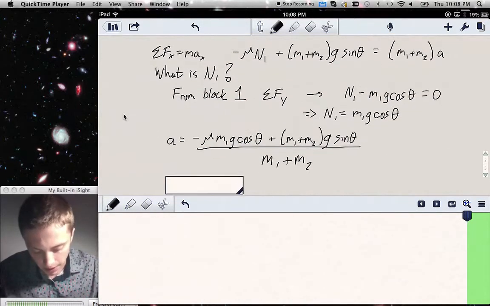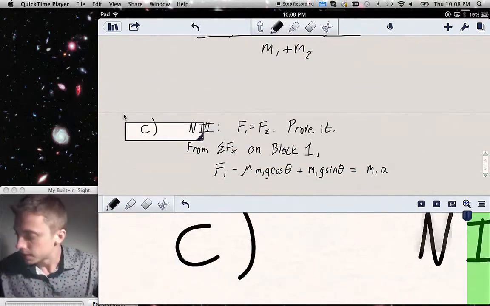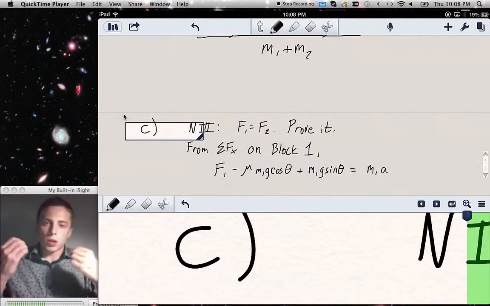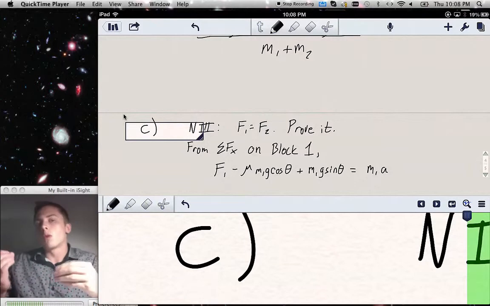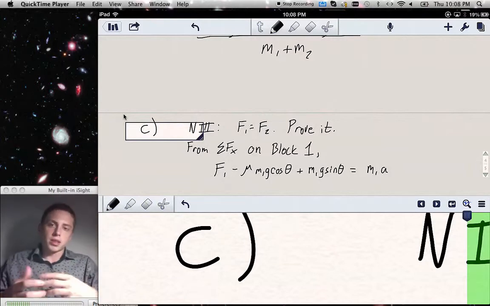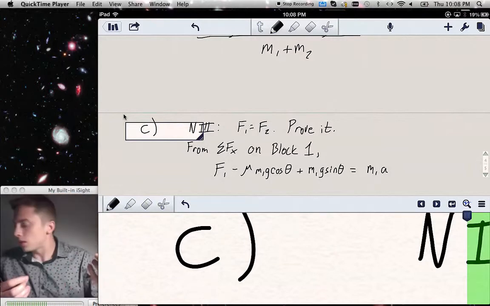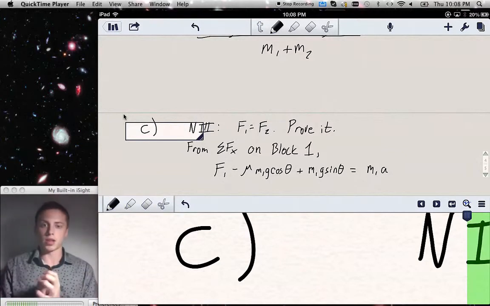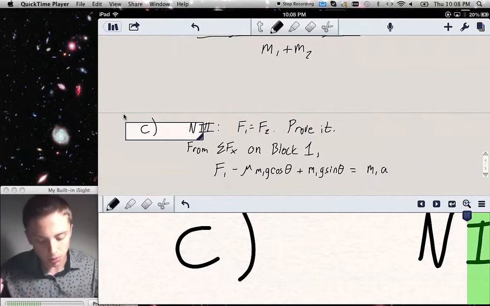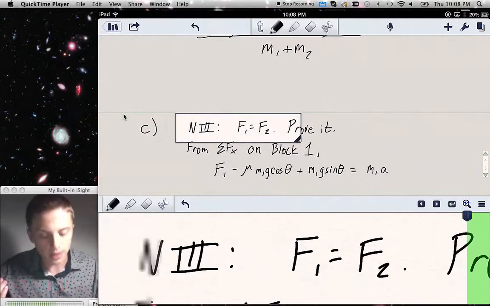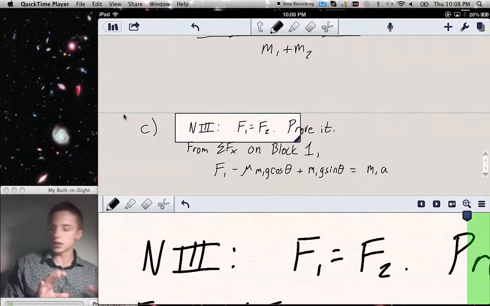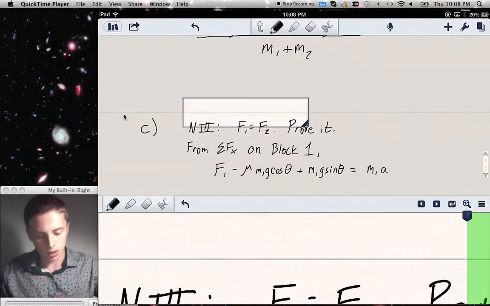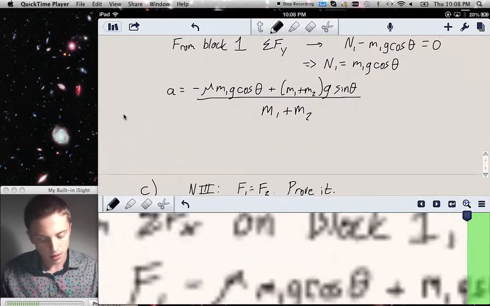Now for problem C, it says to show that Newton's third law is valid. So what is Newton's third law in this problem? Well, it's a bit vague, but it's talking about showing that Newton's third law for the interaction between block 1 and 2 is valid. For the interaction between block 1 and 2, Newton's third law says that the force that block 1 exerts on block 2 must be equal to the force that block 2 exerts on block 1. Okay? So let's go ahead now,